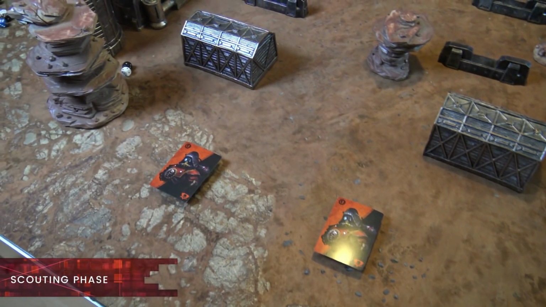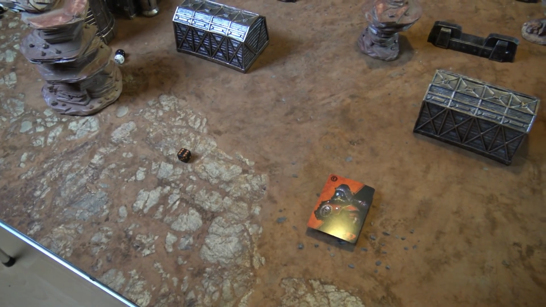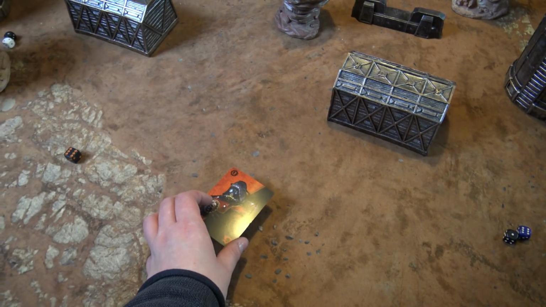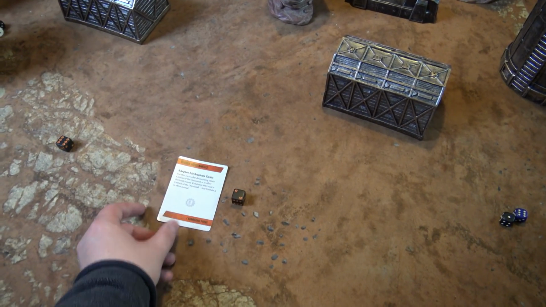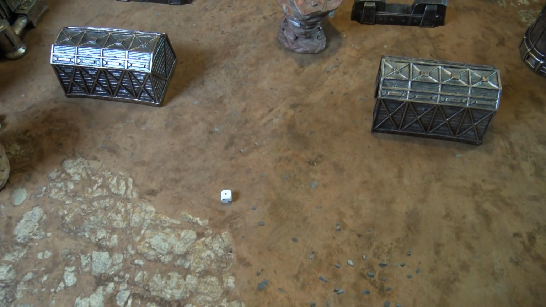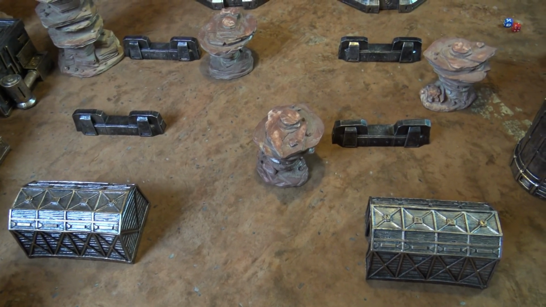Ross, do you want to go and reveal yours? I've gone for Eliminate Sentries, just in case you try and come at me quickly. I'll try and take pot shots at you. I actually was going to choose that, so guess what I chose? Okay. Traps. Oh no. So it's time for us to plant traps. D3. Oh, not great. So I am going to choose...